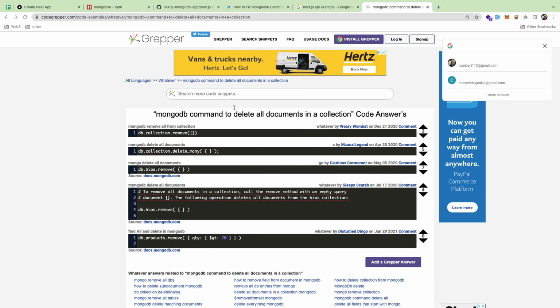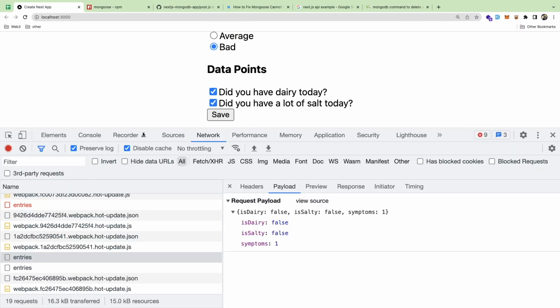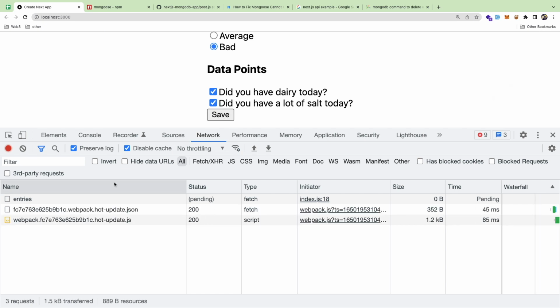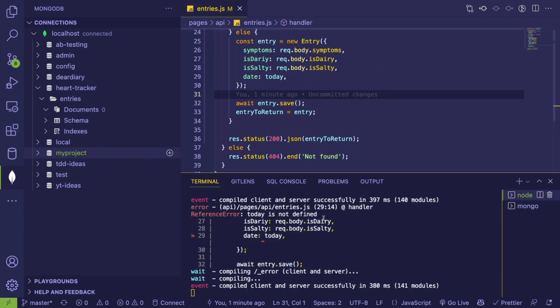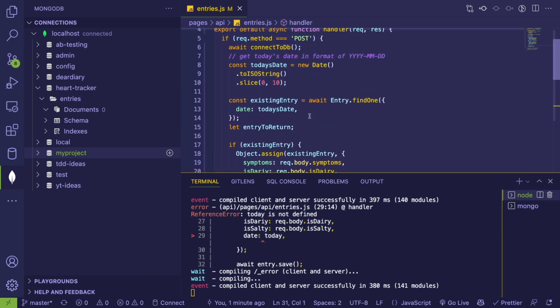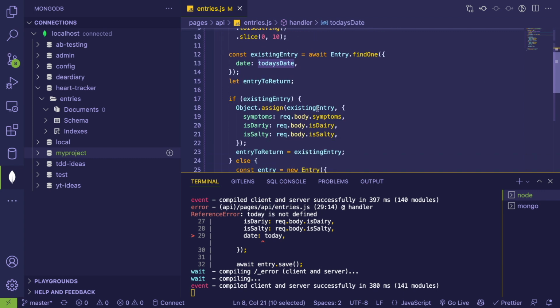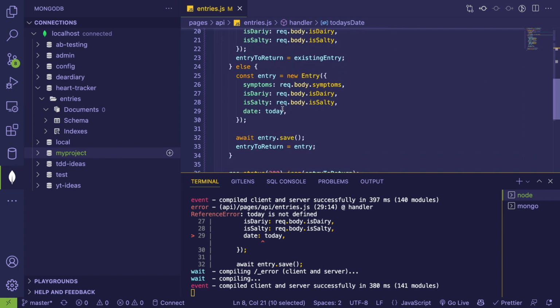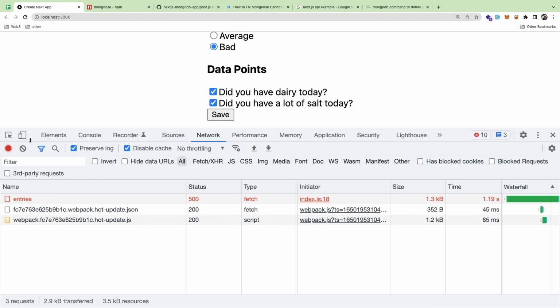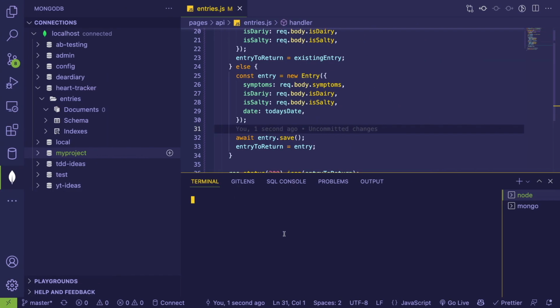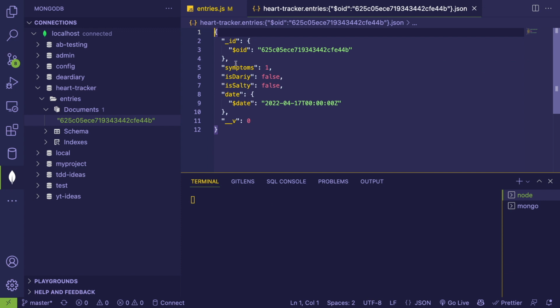All right, so let's just go ahead and try hitting this API one more time. And we're going to hit it, and it crashes. Because today is not defined. So let's go back up here. Oh yeah, the reason it's not defined is because I changed it to today's date. So let's change that to today's date. And we're going to hit that one more time. No errors, so let's refresh. We get a document. If you look at the date,